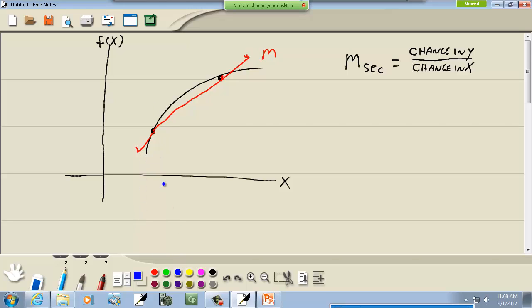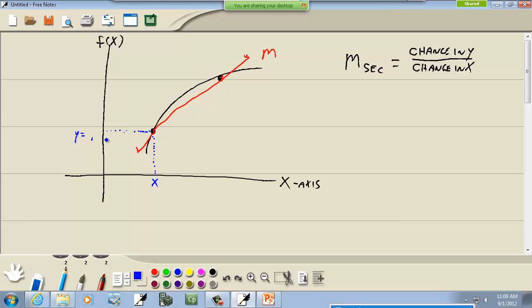If I were to come straight down from here, this distance right here from this point to this point is a distance of x, whatever that might be. Might be 3, might be 5. Actually, let me just put an x-axis here, not to confuse those x's. And if I were to go over to here, this would be y